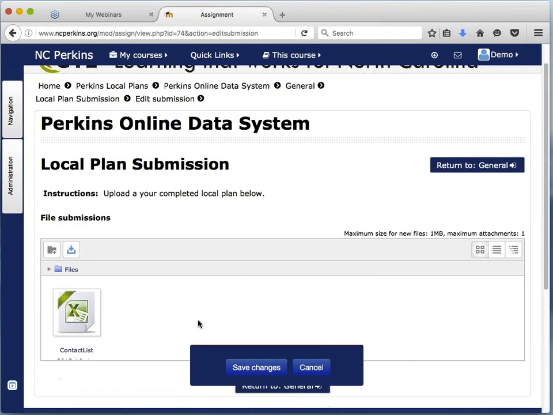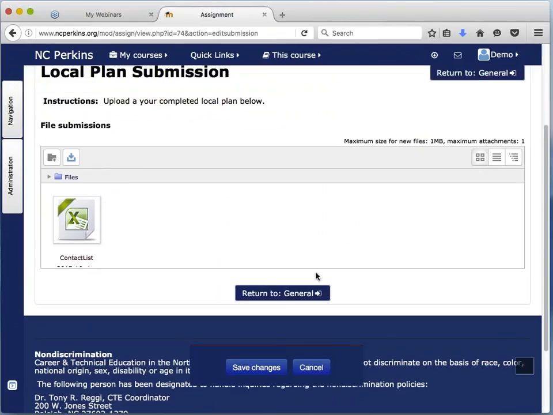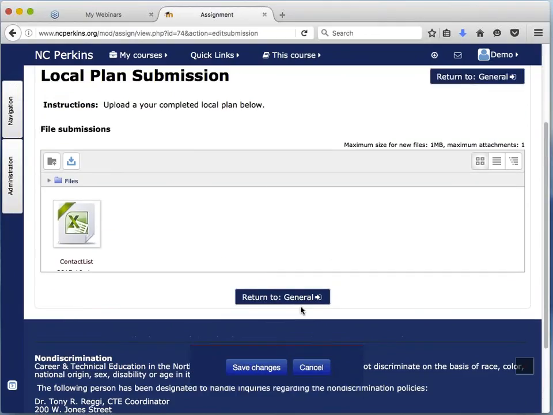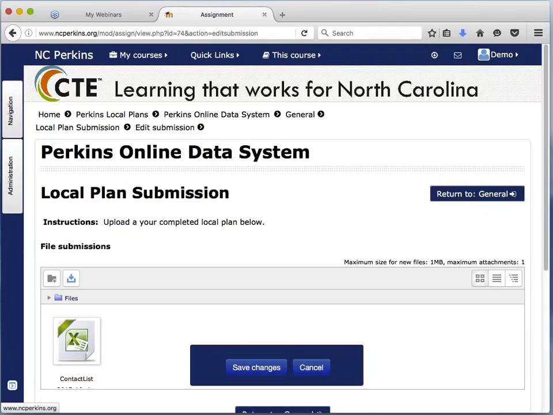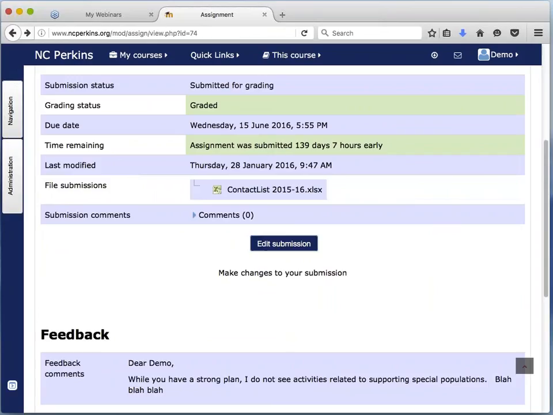And then what you're going to have here is an area for you to drop a file in. I've already used this as a demonstration before. But basically, you just drag the file into this box, and you'll see it as it does here, and then you'll have a Submit button. Right now, since I've already done this, it says Return, but the first time, you will see Submit here. Once you do that, we have access to it. When you return to the page, you will then see that you have added it, and your files are listed here. If you see this, you're good to go.